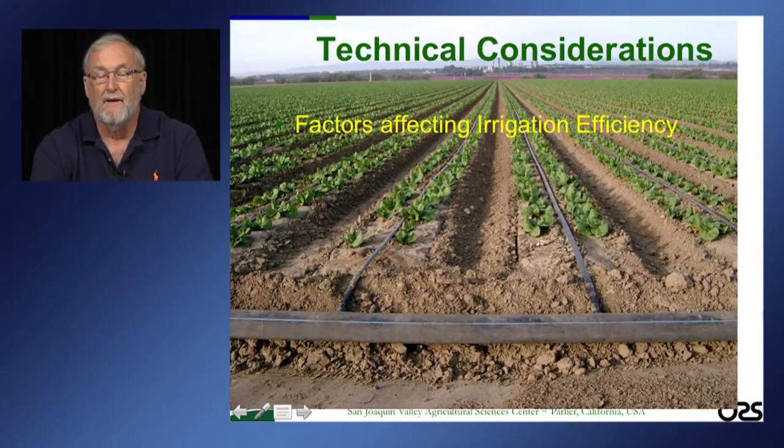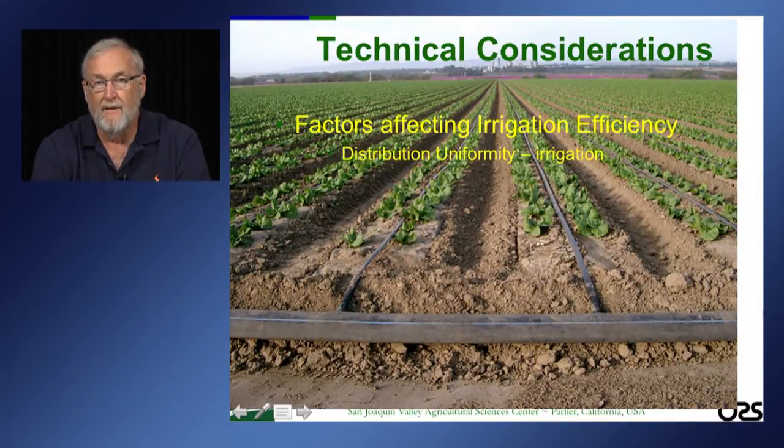Well, the other aspect of this is irrigation efficiency. This term is a representation of how well the irrigation system is applying water. The term that comes up most frequently is distribution uniformity. Distribution uniformity is a characteristic of how much water is applied across the field. With a furrow irrigation system, you tend to have poorer uniformities than you would, say, with a sprinkler or a drip system. This is because of the difference in infiltration time at the head end of the field versus the tail end of the field with a surface system.